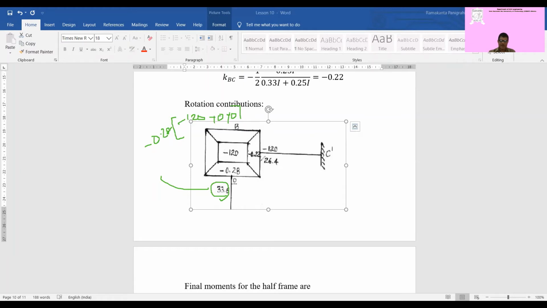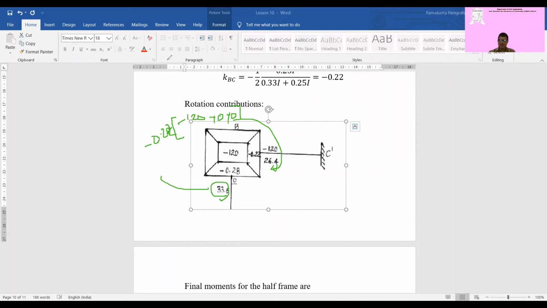And now it will multiply with the 0.22. Instead of 0.28, it will take 0.22. Then this value will come here, that is 26.4. Now these are controlled. There are no further cycles to be done. So in one cycle you solve the problem. See, the calculation required for this is much less than the earlier problem we have done. So you can take the advantage of symmetry.